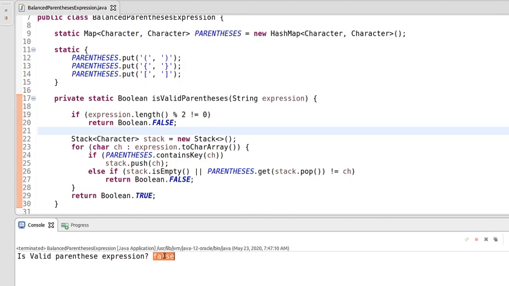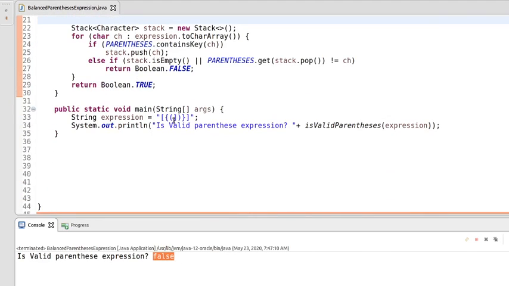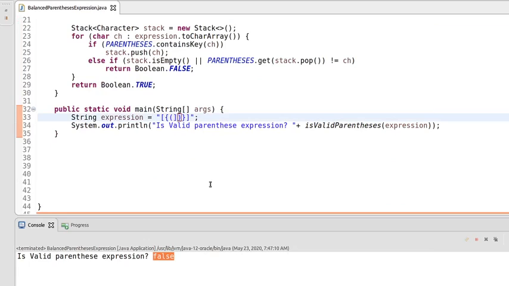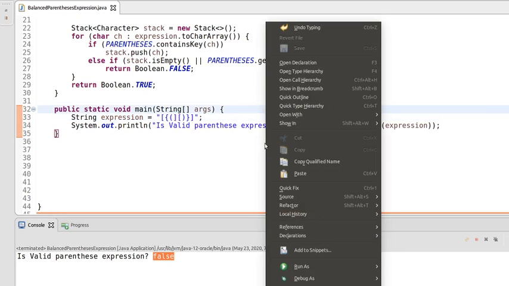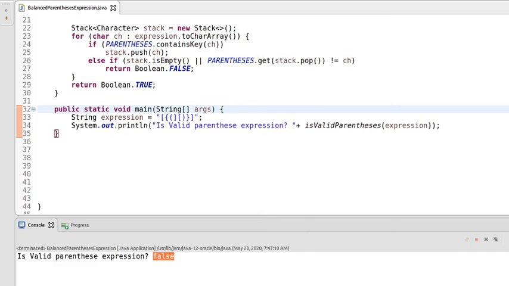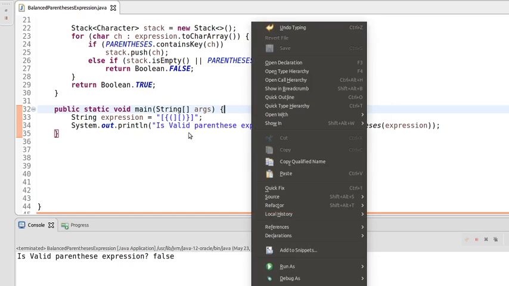Yeah, false, so the validation is working fine. Let's make it even but invalid. In this case also it's working fine. It's an invalid expression, not a balanced parenthesis.